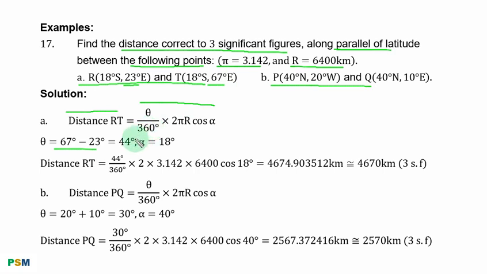So theta is equal to 44 degrees. Alpha, the angle of latitude, is equal to 18 degrees. To get distance RT, you replace all the parameters with what they stand for. You have it in this form. When you simplify, you have this result. To 3SF, distance RT is approximately equal to